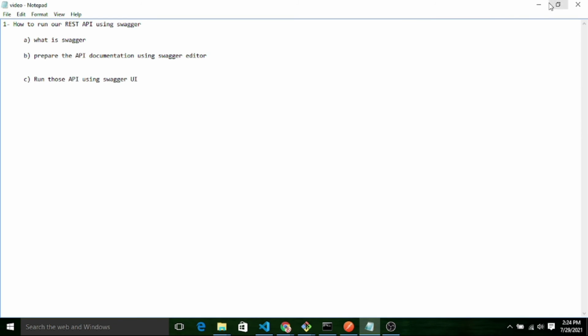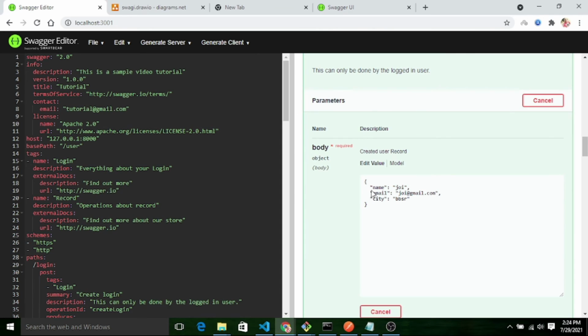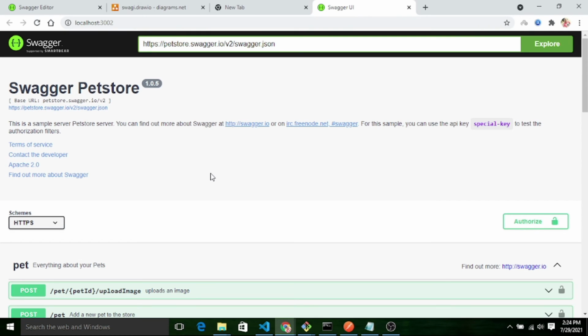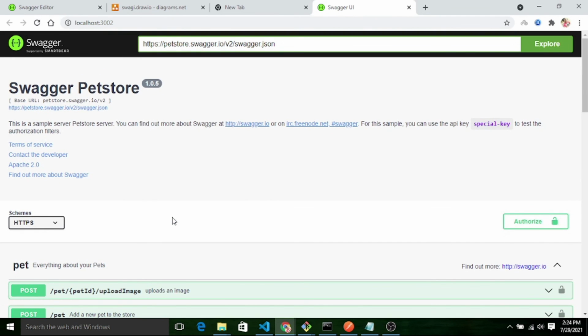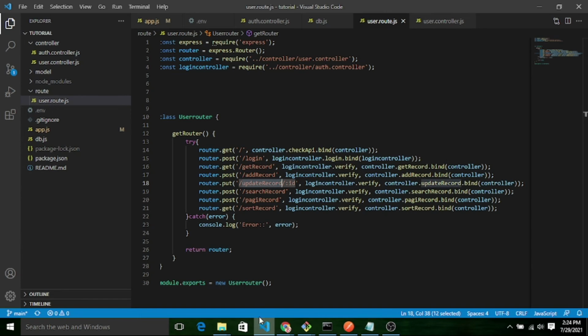I will upload this document into Swagger UI. So I have already downloaded it and I run it through the localhost. Now if you can see here, it has the default Swagger file which is given by Swagger itself. So we'll change it. So for that, what you will do, just